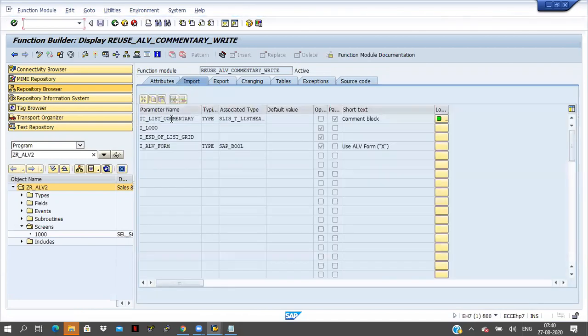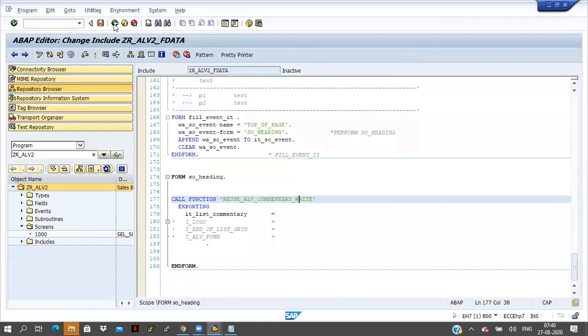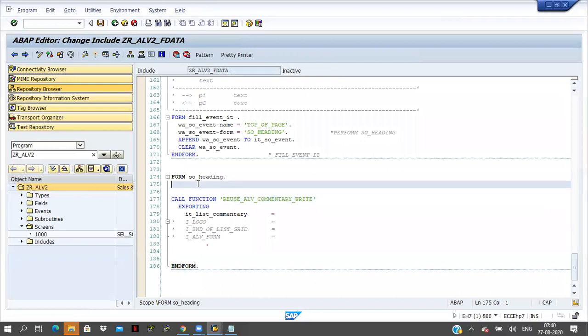Okay, IT_list_commentary is there. So just copy this associated type, meaning the structure type. Just click on the back button. And here I will declare data IT_list type slis_t_listheader.